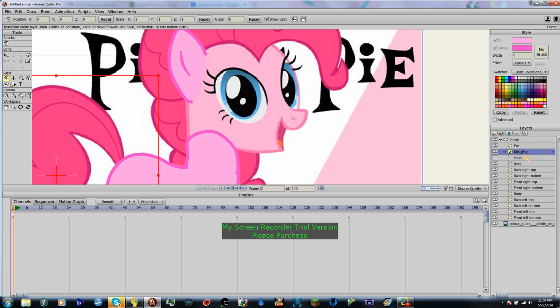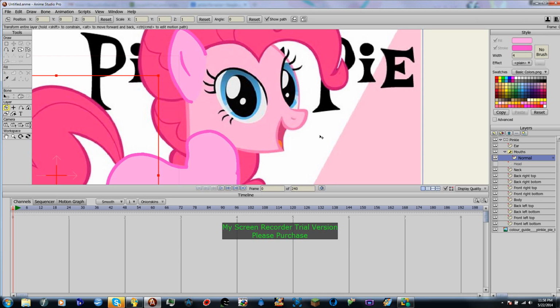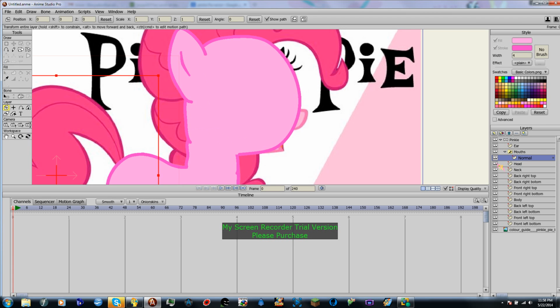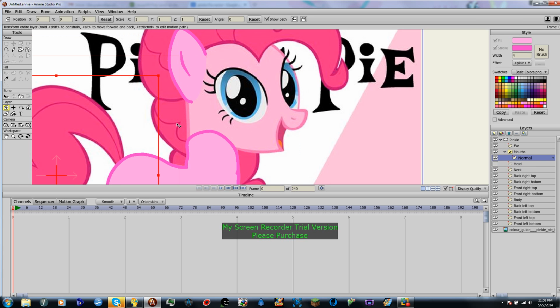And then for mouths, go ahead and inside that, create a new vector layer. And we're just going to name this normal. I will explain this in a minute. Go ahead and draw some points. And then since Pinkie's usually smiling, what we're going to do is we're just going to